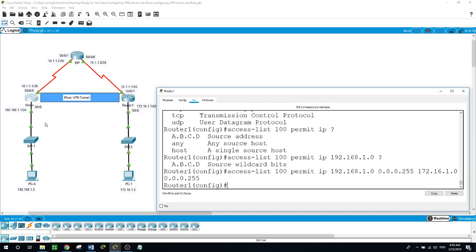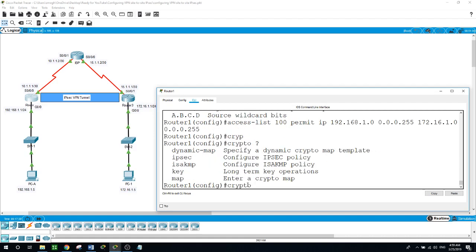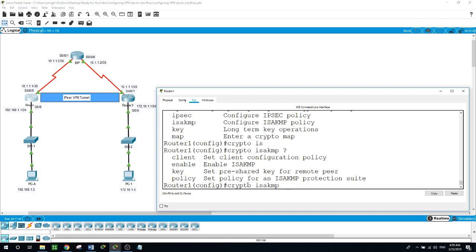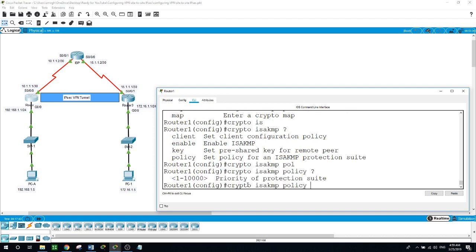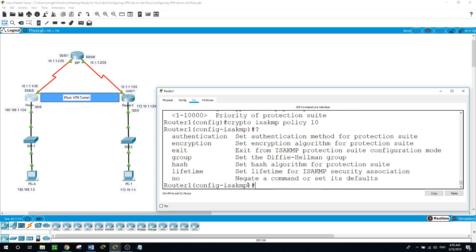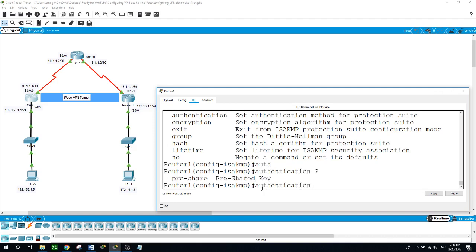So now starting with the phase 1 IPsec ISAKMP. The command will go like this: crypto isakmp policy, and we will give it the priority of 10. Now we want to configure on the ISAKMP or phase 1 the authentication, encryption, the group, the hash, and the lifetime. Let's start with the authentication. Pre-share,